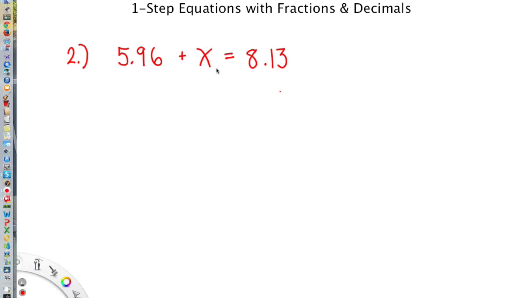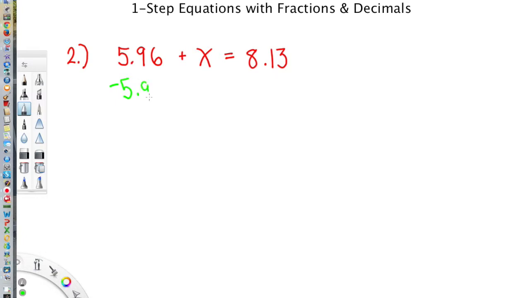Okay, let's start out. We first always look to see, is there anything that we can simplify? And I believe all these problems that you have for examples today are already simplified. There are no like terms that you can combine on either side of the equation. So then the second step is to begin the isolation of the variable. In order to isolate the variable, we need to ask what's happening to the variable. Well, I have variable x over here, and 5 and 96/100 is being added to it. I want to do the inverse of that, which is the opposite. So I want to subtract